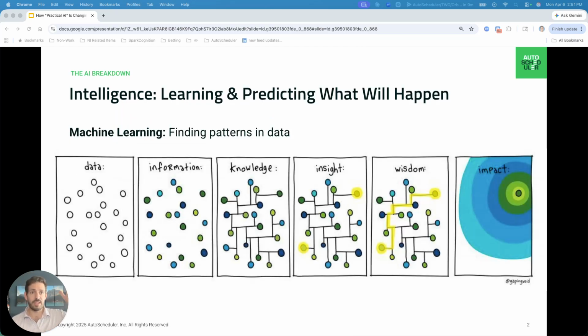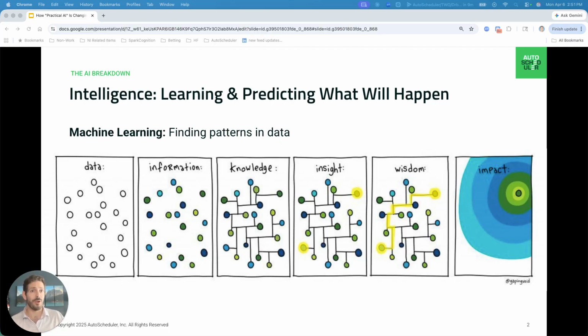So given all of this, what is machine learning? Machine learning is something that you hear a lot about, but it means a lot of different things. So I'll make this very simple in saying machine learning is a subset of algorithms, an algorithm being something that applies math to data, that focuses on finding patterns in that data.